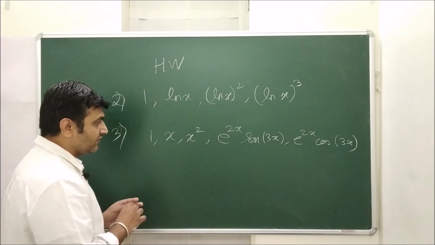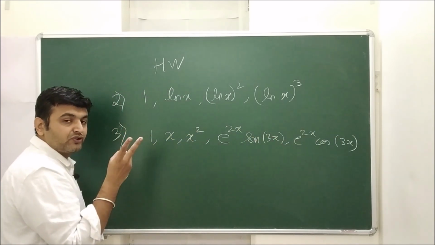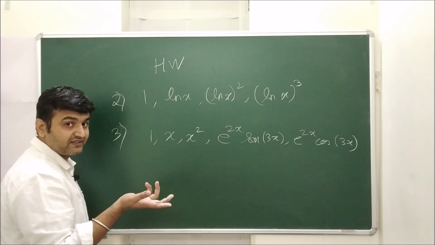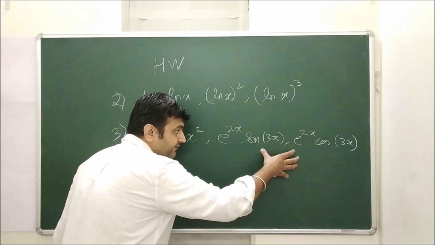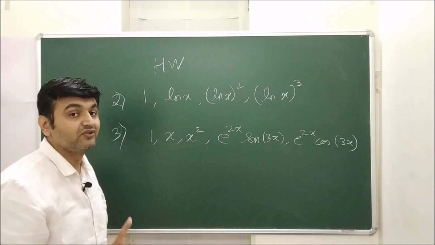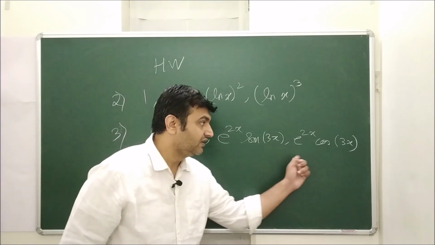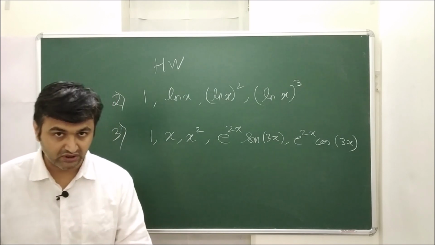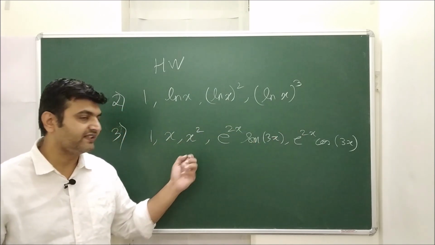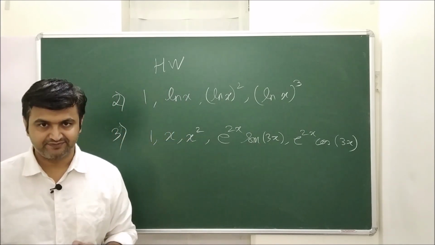Now if you observe, the hint for this is, if you ignore this, then for this we saw there are 2 possibilities, as in the second solved example: either Euler-Cauchy or the constant coefficients, both can be the answer. But now I have added this. Now when does the product of exponential and trigonometry come? When you have the constant coefficients, not with Euler-Cauchy. So for this it should be the one with constant coefficients and not Euler-Cauchy. If you don't have these 2, then for these 3 you have both the choices. But as soon as I give you these 2, you have only one choice.